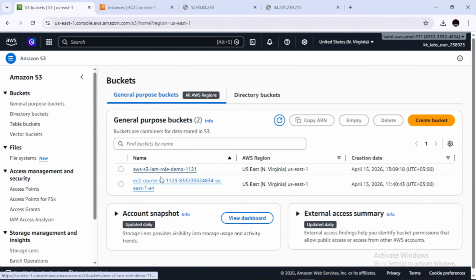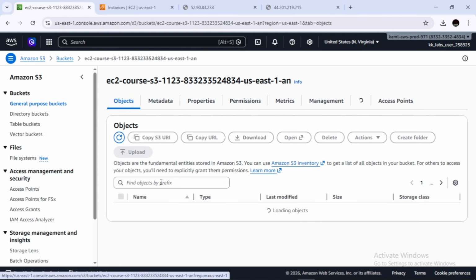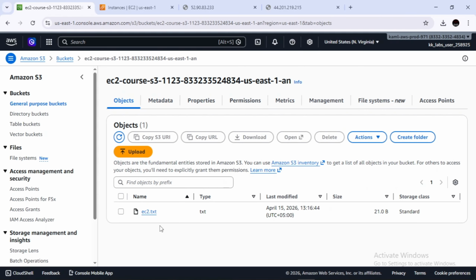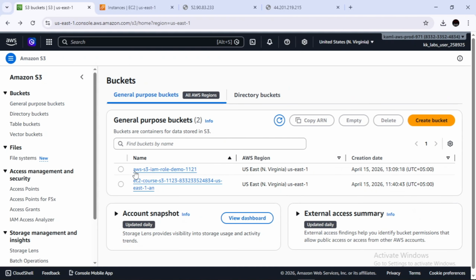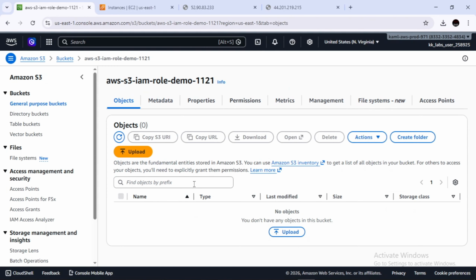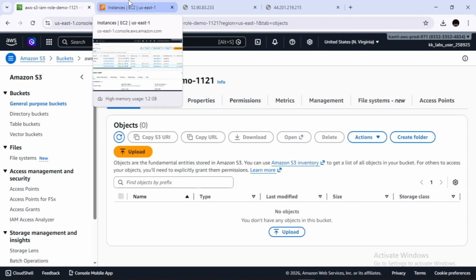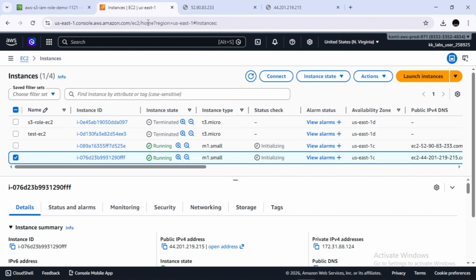This was the bucket and this was the bucket. And yeah, there is a file in this bucket, which is ec2.txt from the previous demo. And I guess this bucket is empty because we deleted the content via CLI. So let's connect to one of the EC2 instances and also verify whether our role is working fine or not.